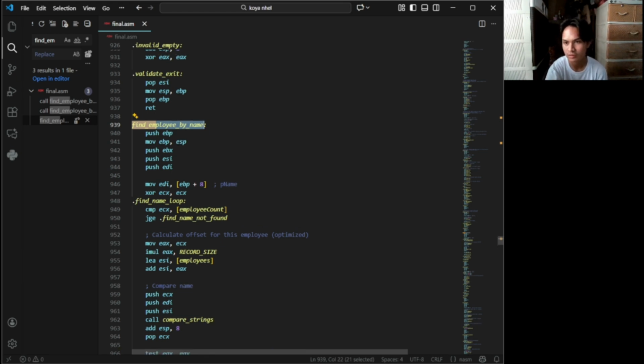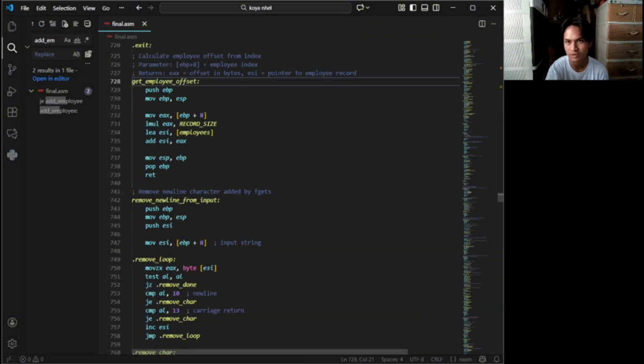Centralizing the comparison avoids subtle mismatches in search behavior and makes it trivial to change comparison rules in one place. Addressing and memory operations are managed by a few focused routines. The get employee offset accepts an index, multiplies by record size, sets ESI to point to that record, and returns the byte offset in EAX.